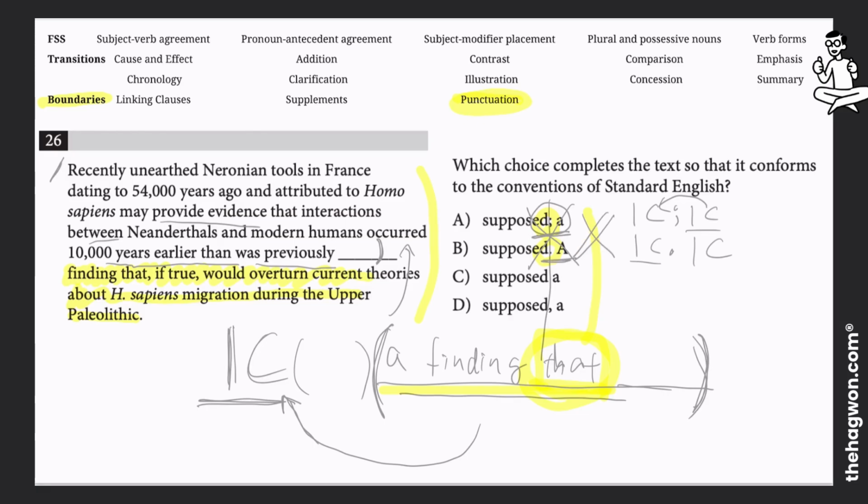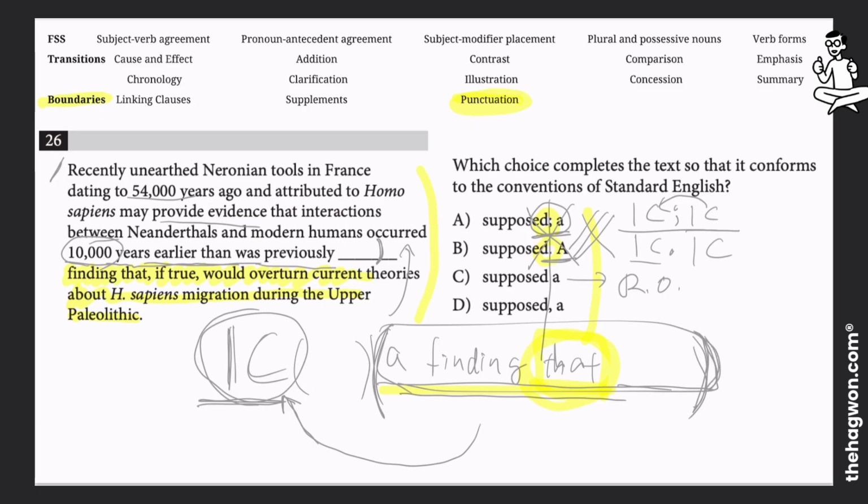I just didn't want to tell you up front because it's imperative that you understand that these two ideas should not be separated. So choice C is a run-on. This is the worst of all. And by choosing A here, this is a supplement at the end of this big idea about the Neronian tools in France dating 54,000 years ago having been misunderstood, that it actually took place 10,000 years earlier than was previously supposed. We need to put this,